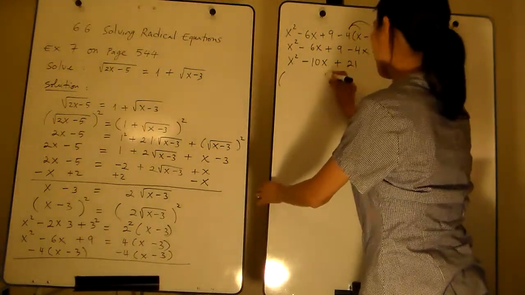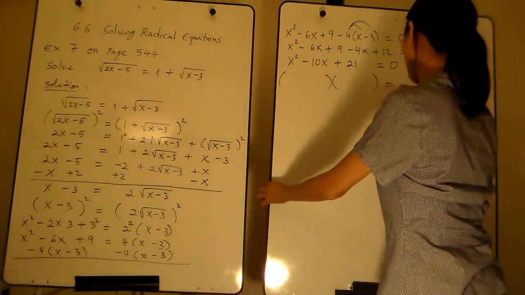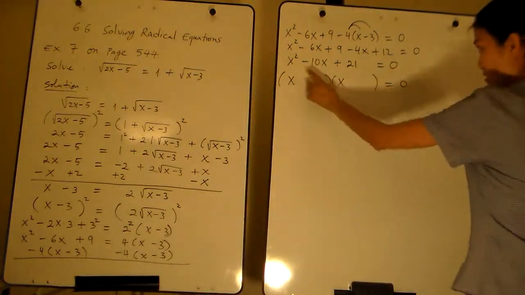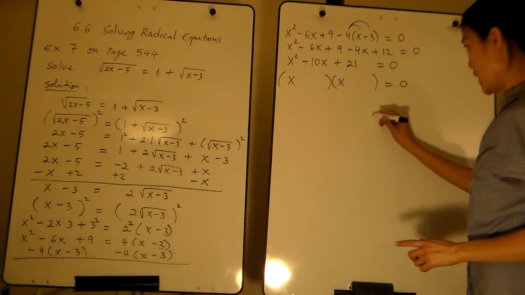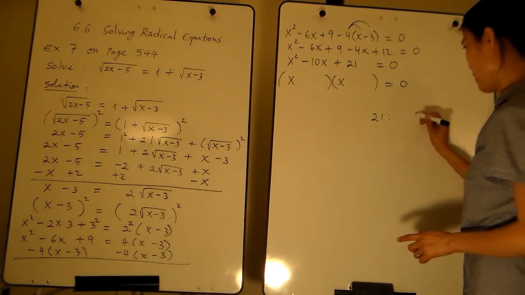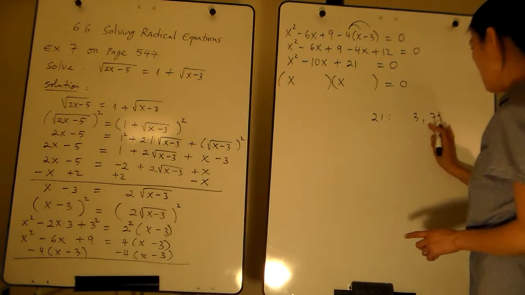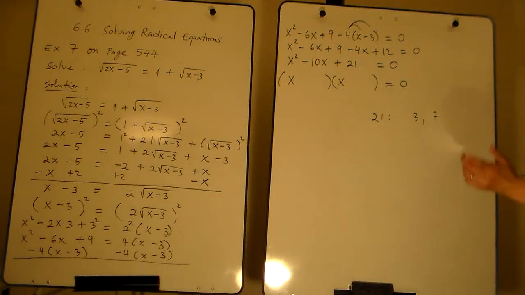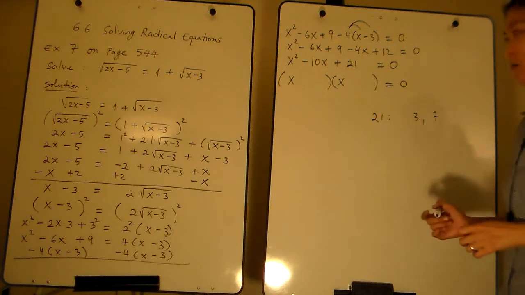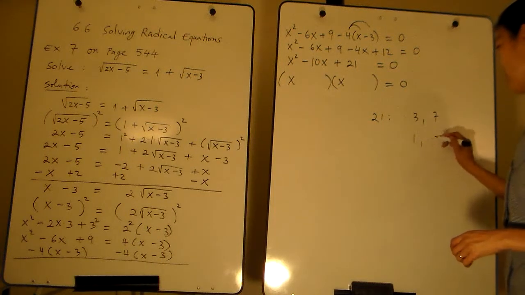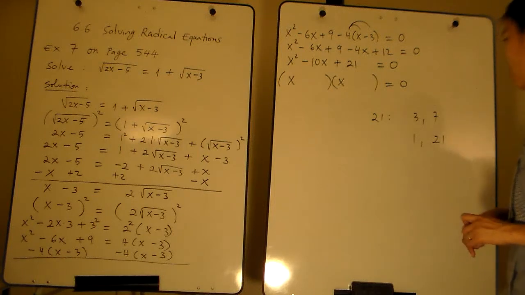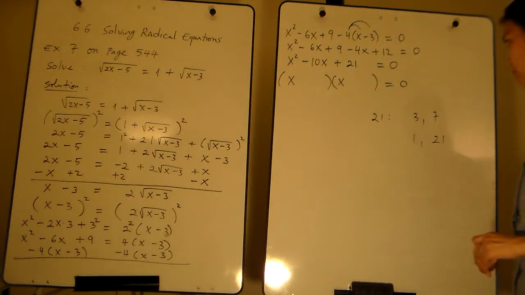Now, you can factor this using the four methods. x times x is x squared. For 21, you can think of the factors of 21 as 3 times 7. That's the only two factors of 21. We can think of 1 times 21, but yeah, that's another one. So two ways you can factor 21. Now,